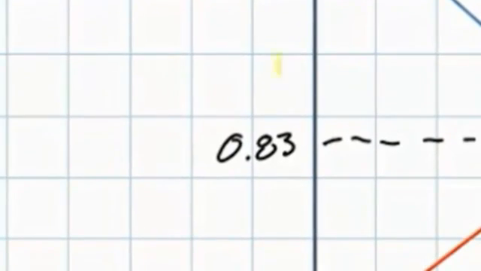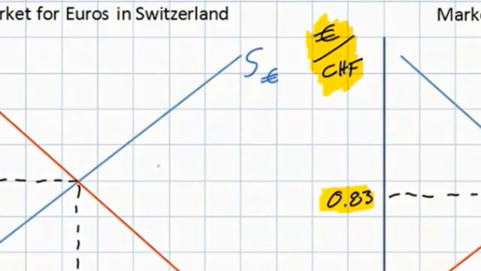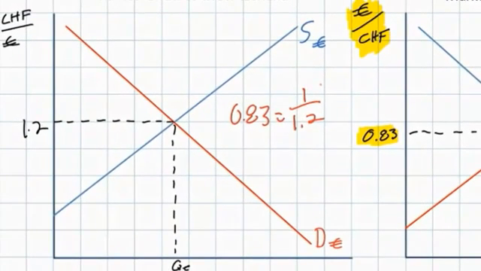In this case, we see that the value of a Swiss franc is only 0.83 euro cents, or 0.83 euros, I should say. This is the inverse, you will notice, of the exchange rate in the market for euros. In other words, 0.83 equals 1 over 1.2. This is clearly logical. If 1 euro costs 1 franc and 20 cents, then 1 franc costs 1 over 1.2,